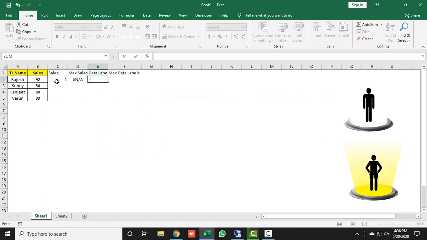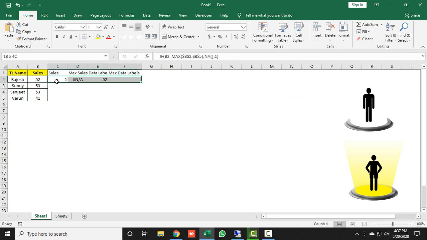For the third one, press equal to, if this cell is the maximum from all these cells, then return blank, otherwise return this cell. And for the last one, press equal to, if this cell is the maximum from all these cells, press F4 to fix it, then return B2, otherwise return blank.